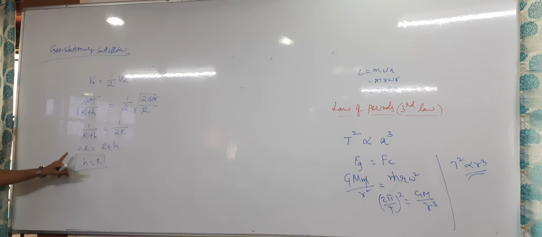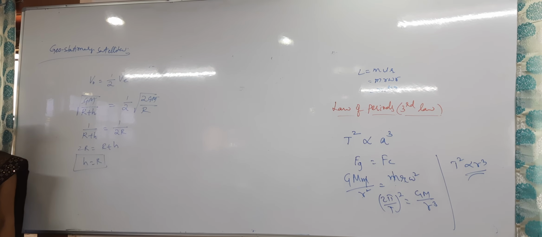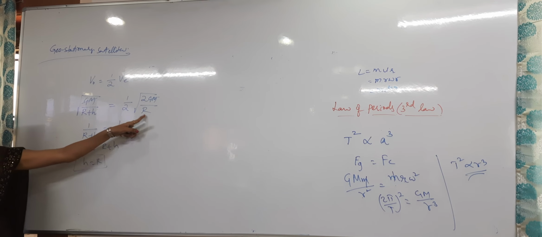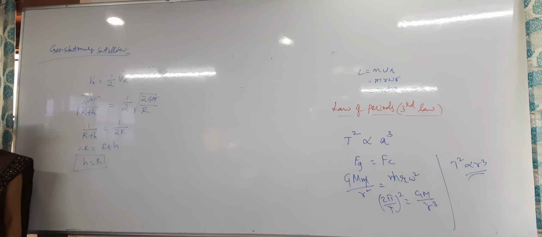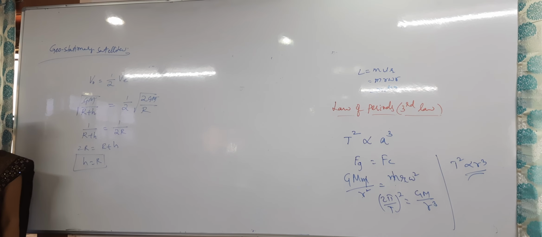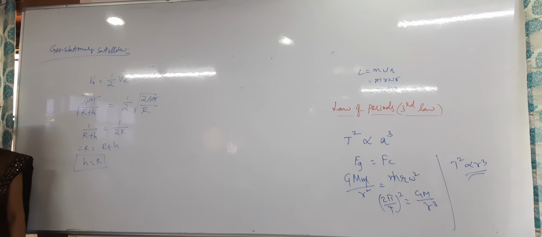For that, first of all, it is revolving, so it will have the orbital velocity. That orbital velocity, they are saying, is half of the escape velocity from the ground. That is important. If you take R plus h here also, your answer will be wrong. Clear, right? From the ground only. For the escape velocity there is no height, but for the orbital velocity, what is the distance from the center? R plus h is there. Now from that, h is equal to R, I got.